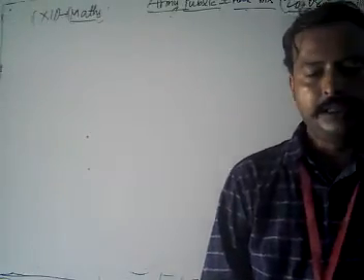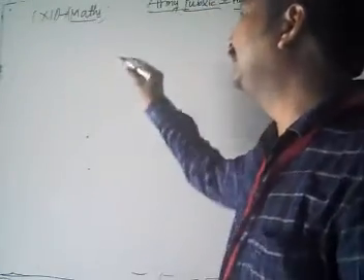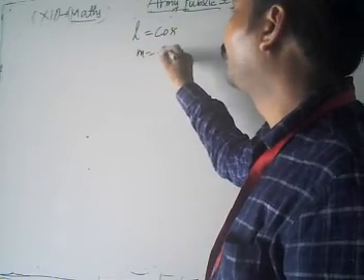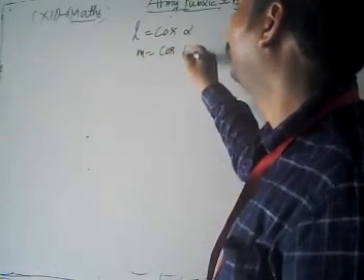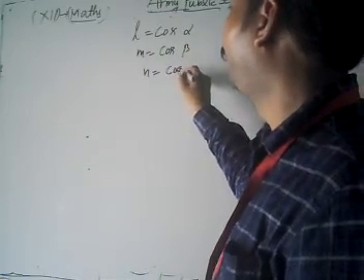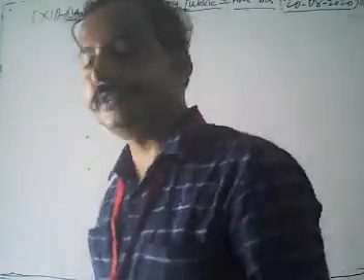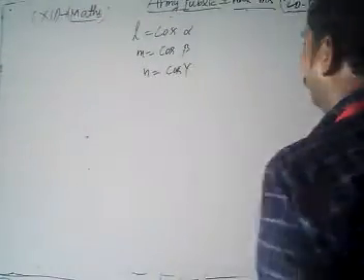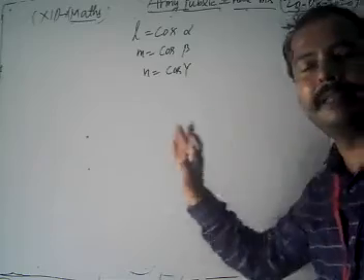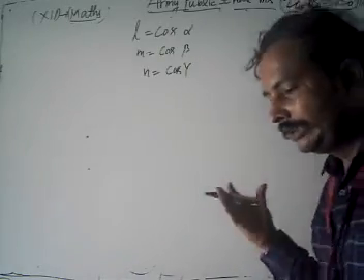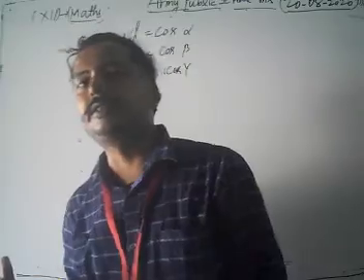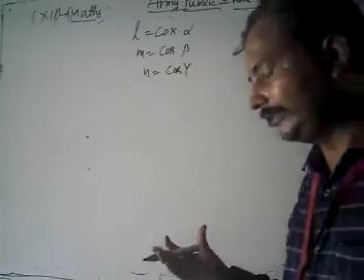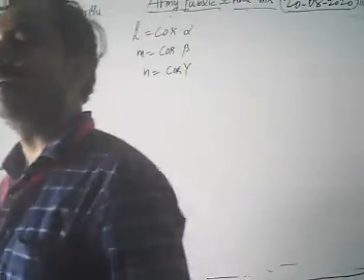We have seen that the direction cosines are given in terms of l equal to cos alpha, m equal to cos beta, and n equal to cos gamma, where alpha, beta and gamma are the directed angles. Then we saw the relationship between direction cosines and direction ratios. Direction ratios are the numbers which are proportional to the direction cosines.